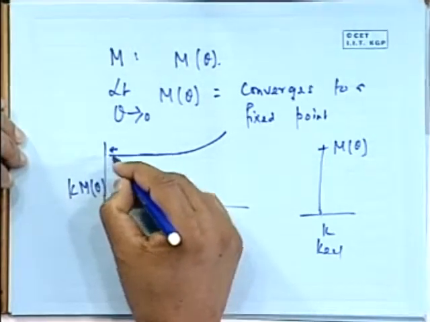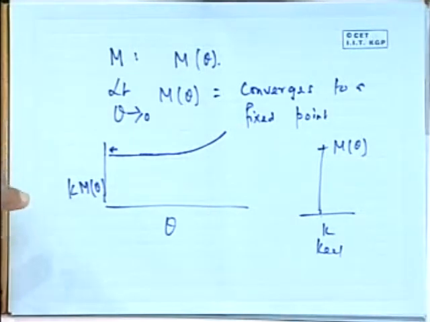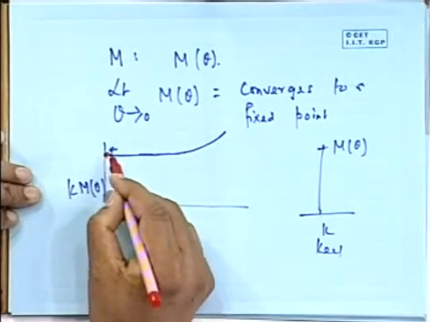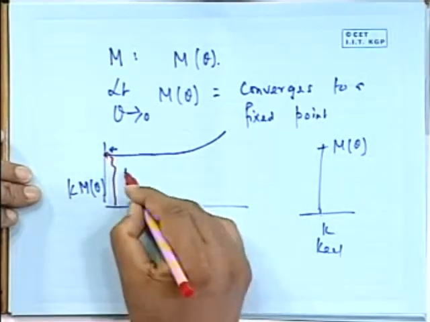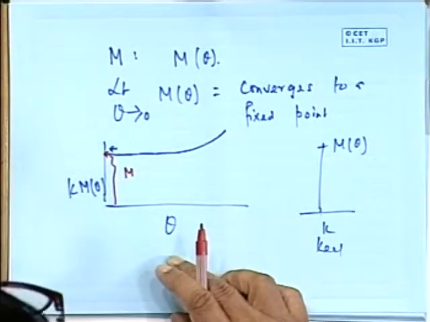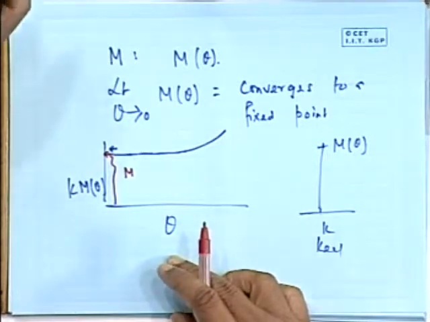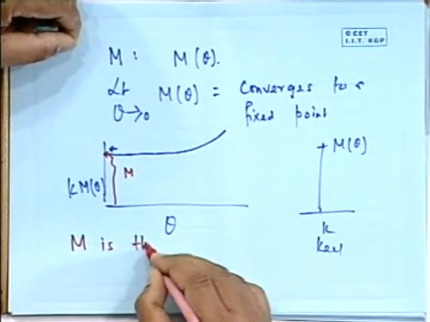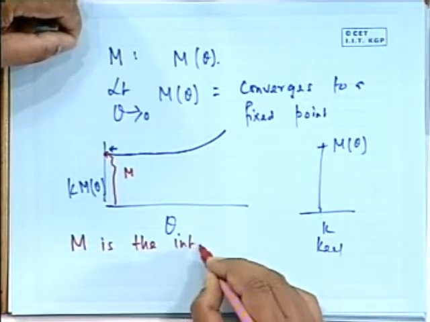Now, if I extend that to this point, then this value is my M. This is the definition of M. So, the metacenter is defined to be the intersection of the buoyancy force with the center line at the limiting case of theta tends to 0. This is very important. What that means, I will write, M is the inter